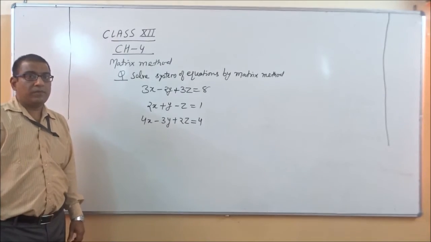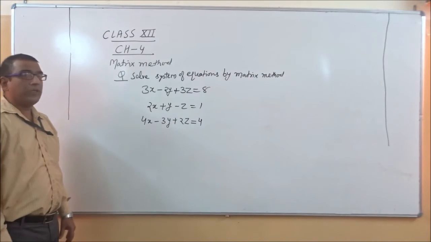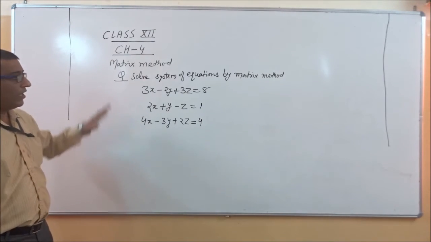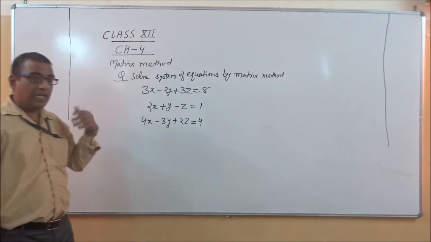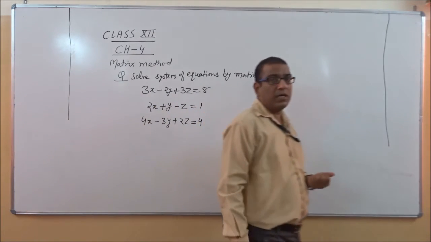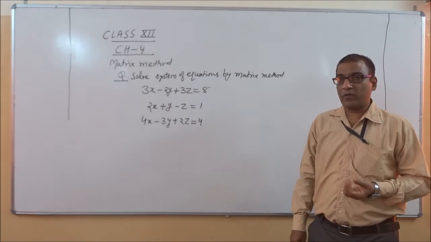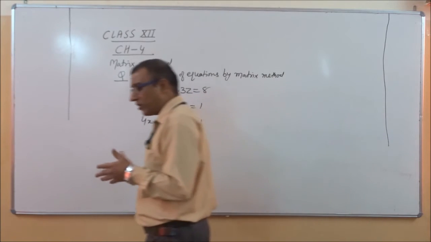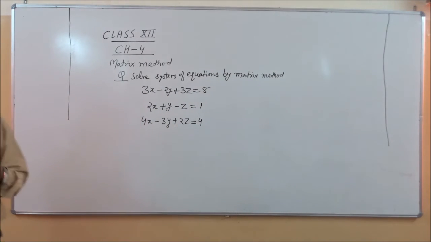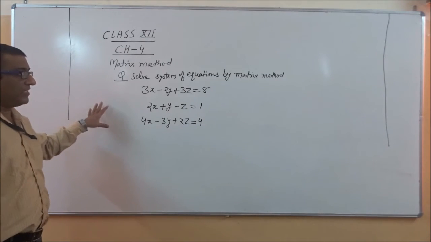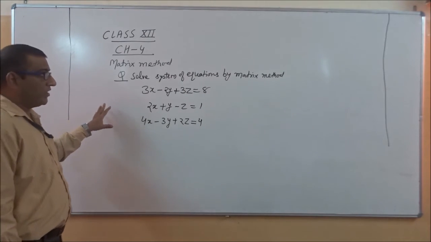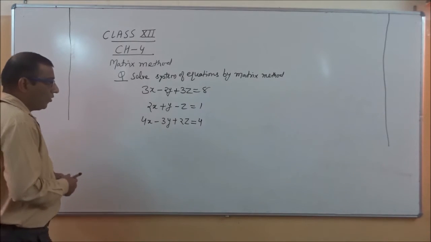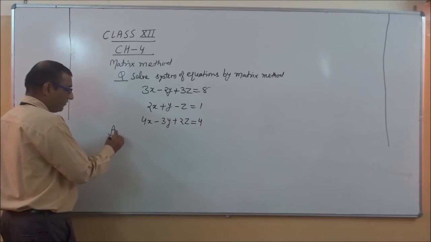Good morning to all of you. Today I will tell something more about determinants, that is chapter number 4. Today's concept is matrix method. Earlier I told you about A inverse, how can we calculate inverse of a matrix if we apply pre and post multiplication, and if we go with the shortcut method, how can we calculate inverse of a matrix for 2 into 2. Now this is the example of how we can solve the question which is based on matrix method and which is related with 3 into 3. So now we will start. How can we solve the question?